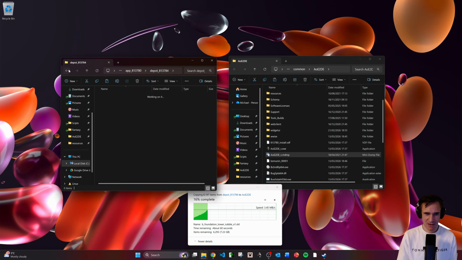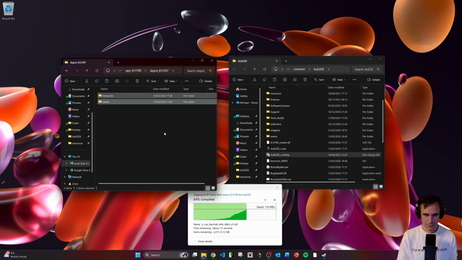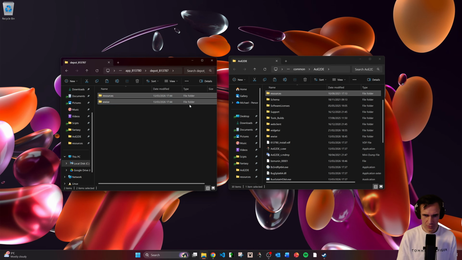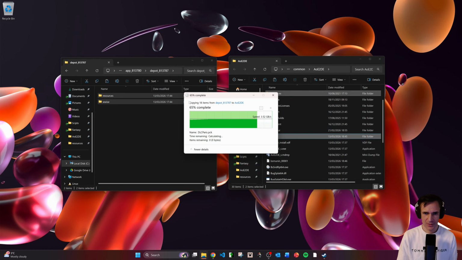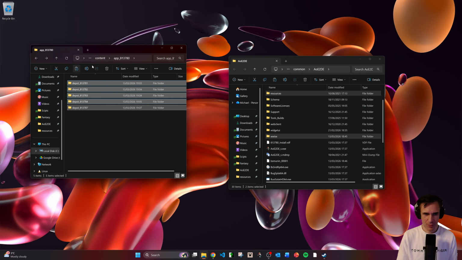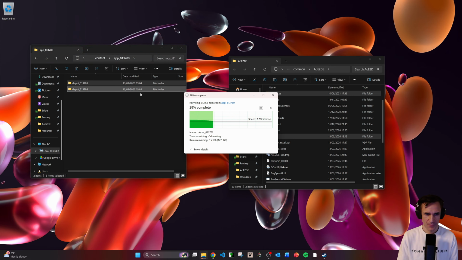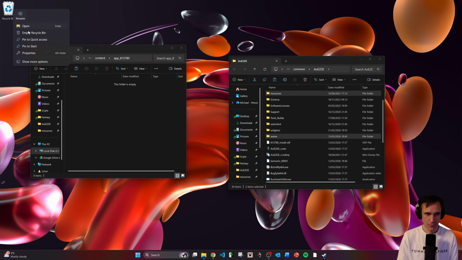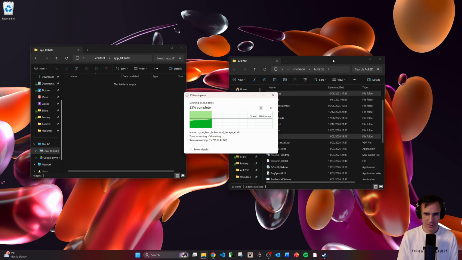Whilst that executes, let's just get ready with the fifth folder. Control and A. Done. Control C. Replace. Okay. Now that's all 5 folders. You're finished with this now. You can delete these if you want, which I will do to show you. Get rid of those from the hard drive so they don't take up space. And now we have